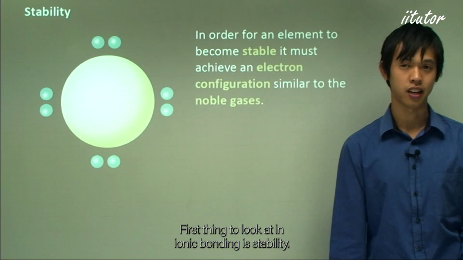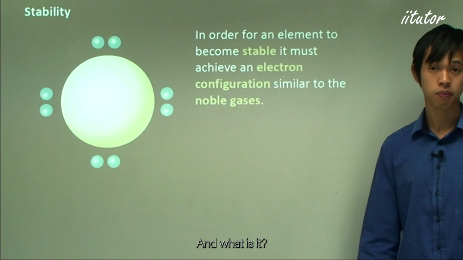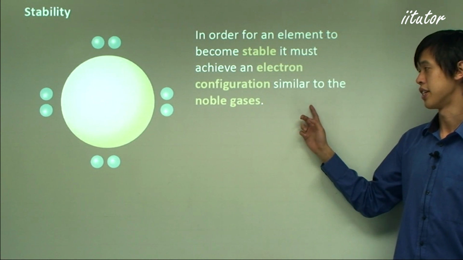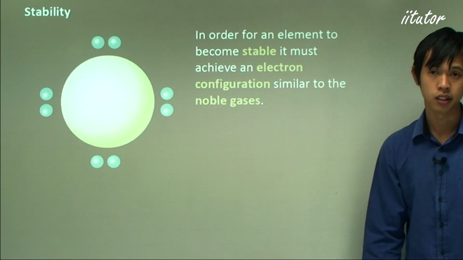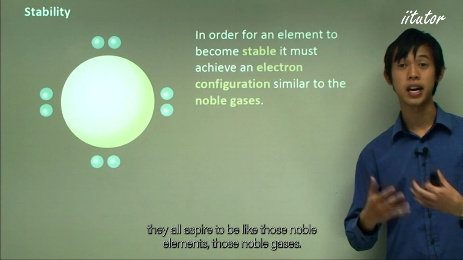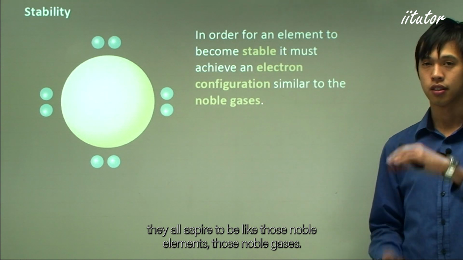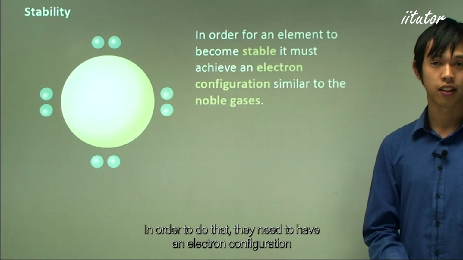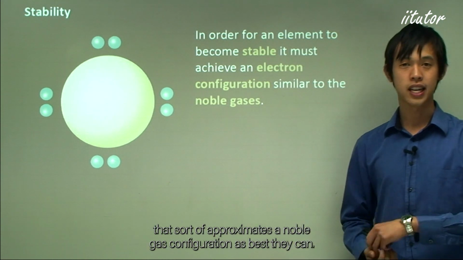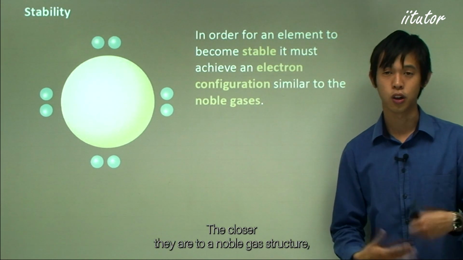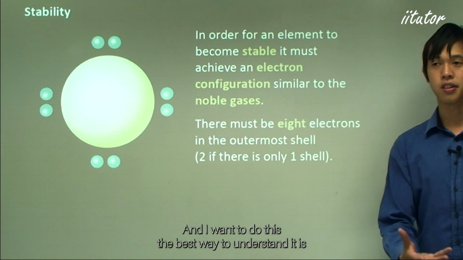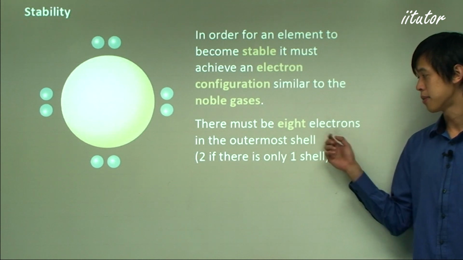The first thing to look at in ionic bonding is stability, and what is it? In order for an element to become stable, it has to achieve an electron configuration similar to the noble gases. The noble gases are already stable. Other elements all aspire to be like those noble gases. In order to do that, they need an electron configuration that approximates a noble gas configuration as best they can. The closer they are to a noble gas structure, the more likely they are to be stable. And the best way to understand it is that there has to be 8 electrons